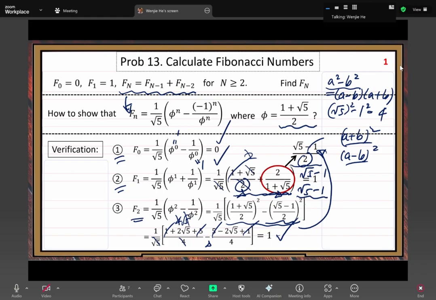Although for mathematical induction, we don't need this step, here we just practice some of our algebraic calculation skills. But the next one, I do one more. The calculation like this becomes harder, but I want to show you how to apply the properties of golden ratios.